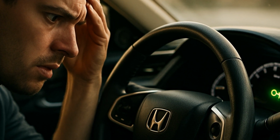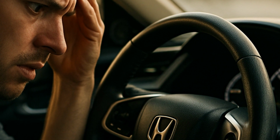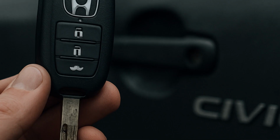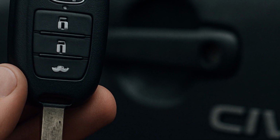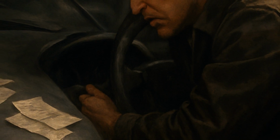There's a good chance you ended up here because your Honda Civic suddenly won't start, and you're seeing that little green key indicator in the dash. Or maybe the car is just refusing to recognize your key altogether. Total nightmare, right? Anti-theft systems are supposed to be helpful, but when they glitch, it feels like you're locked out